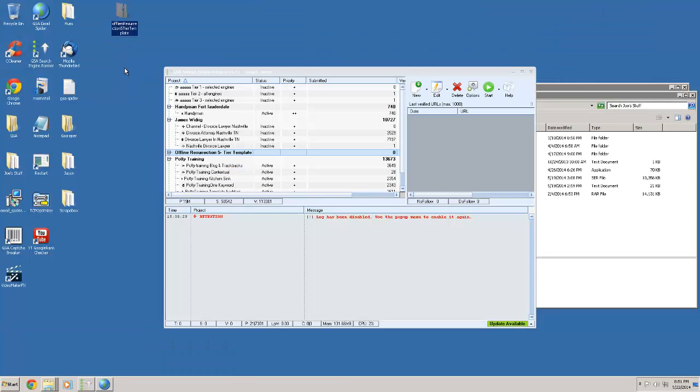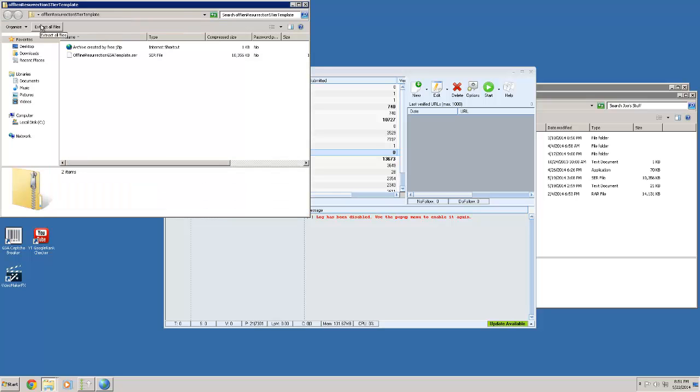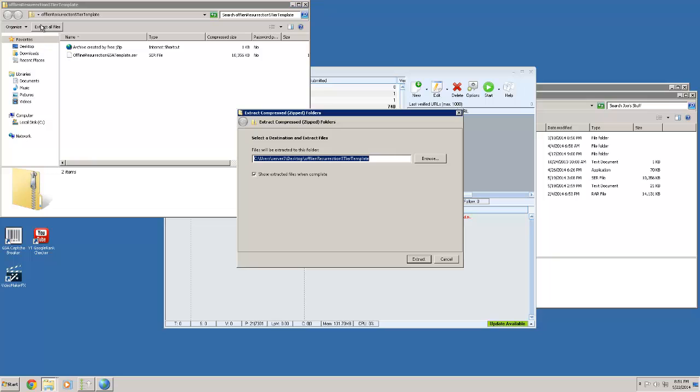Okay, so here we are. We're on our VPS and we have our system right here. We first have to unzip it. So to unzip it, of course, we double click on it. We do extract all files. We tell it where to extract our files. Okay. So once you tell it where to extract your files,